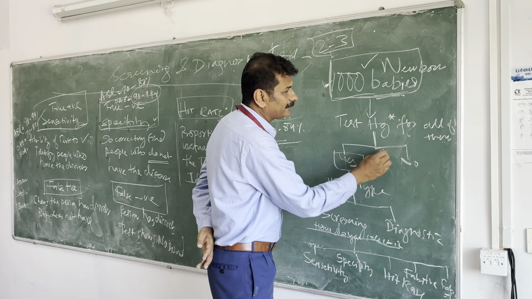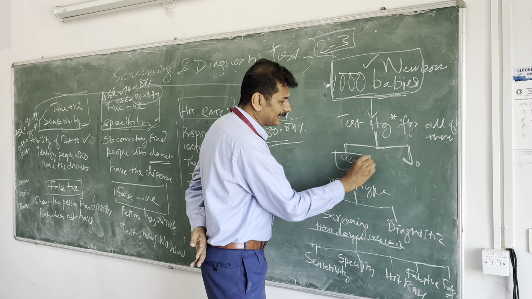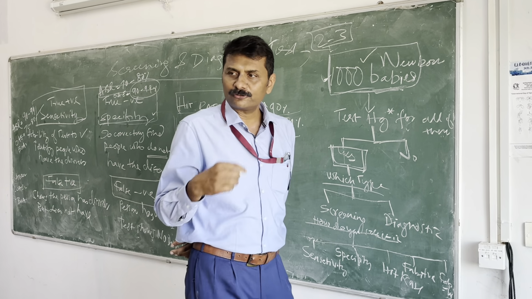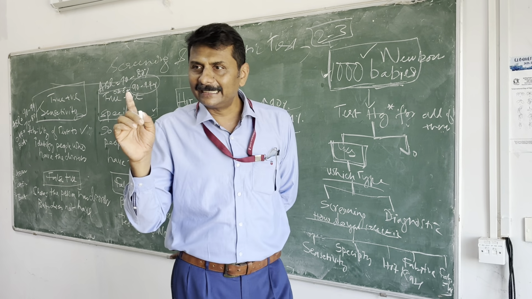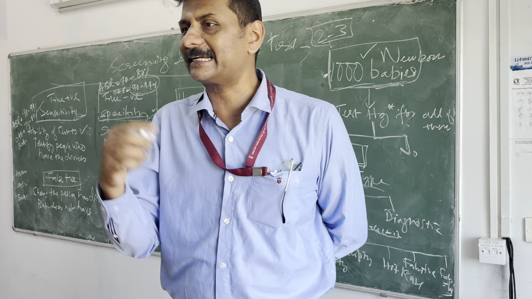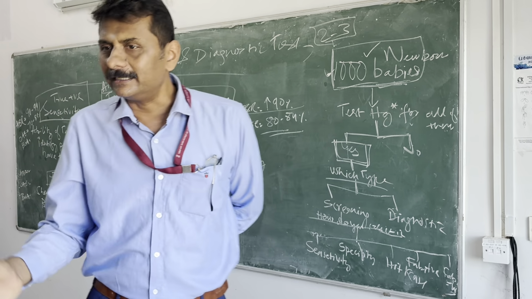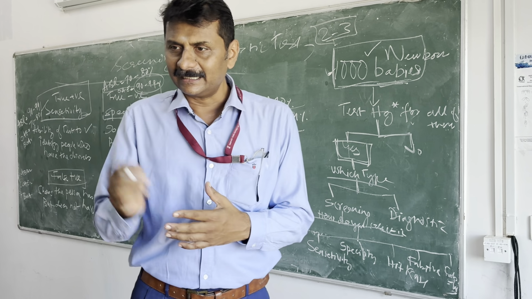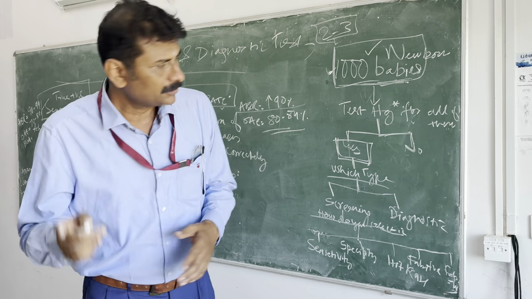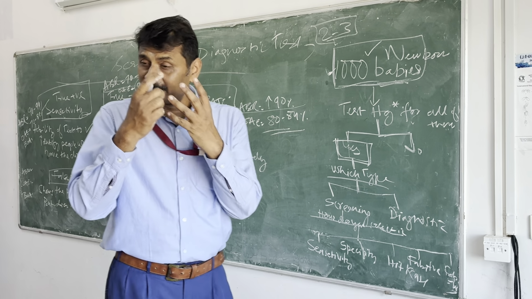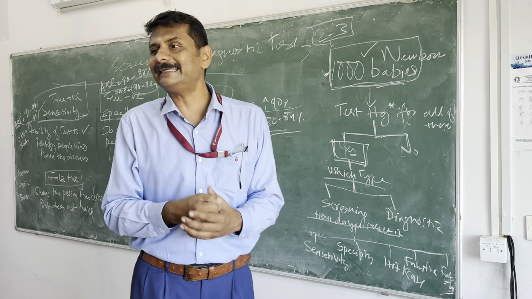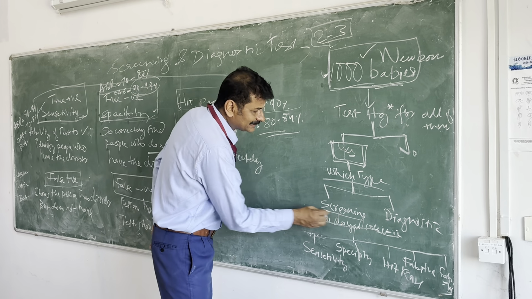And the question is, 1000 of them are there. So if you are testing for the presence or absence of hearing loss, and if the answer is yes, the question is which is the type of test that you are going to do? Are you going to do a detailed evaluation or are you going to select out something else? Naturally, we know 2 to 3 in 1000 would be having a significant amount of hearing loss. So the percentage prevalence is very less, 0.02, 0.03%. So we cannot keep doing a detailed test. So we have to go for a screening test.